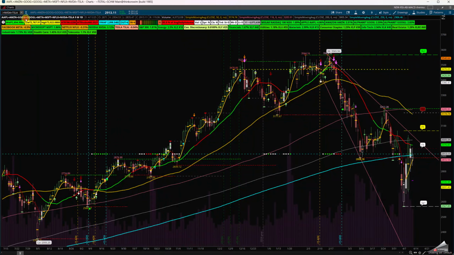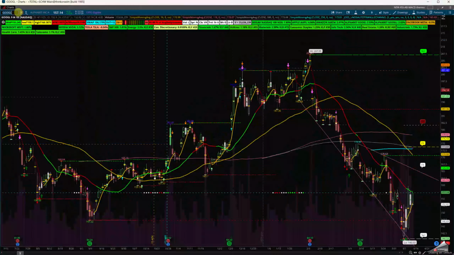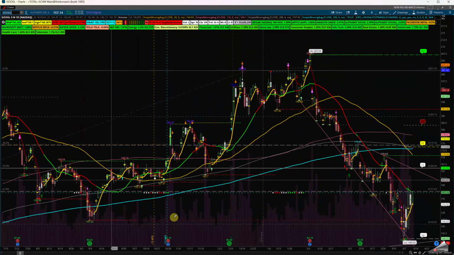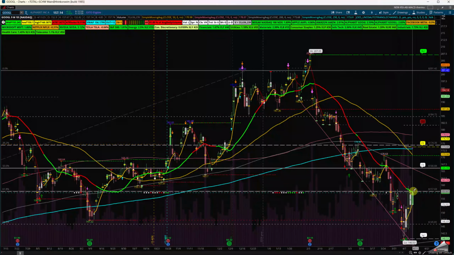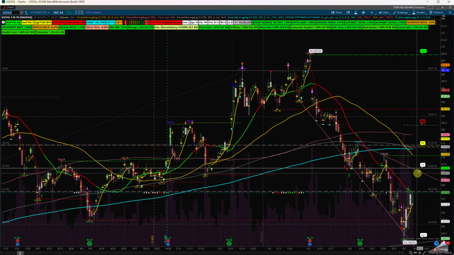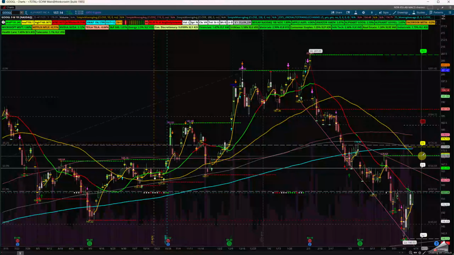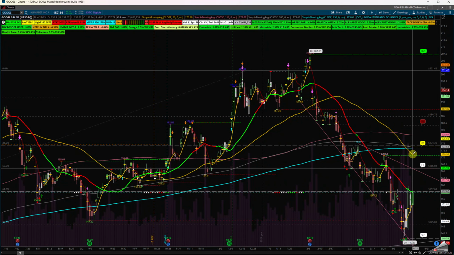So what I'm going to do is disconnect it, and I'm going to put Google L in here. Google L is setting up in there, and you can see that Google down here has that 156. If I can clear the 18 SMA, not just the backside of this channel, I'm looking for the $170 range. The 50 SMA will come in a little bit lower, maybe around the 168 range, as the target in Google. So let's go to one more, and I want to show a setup on it.